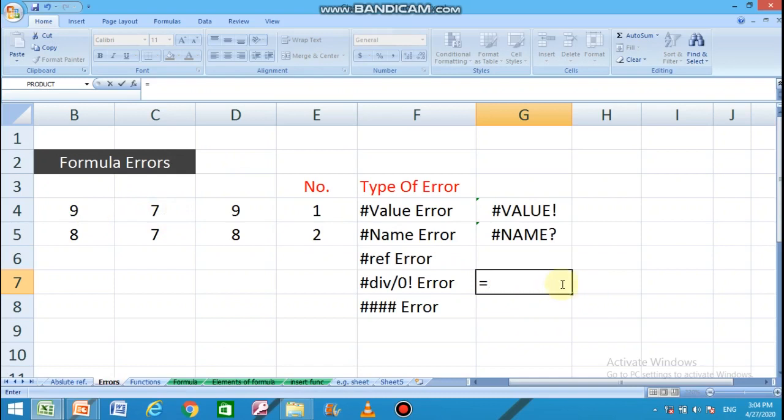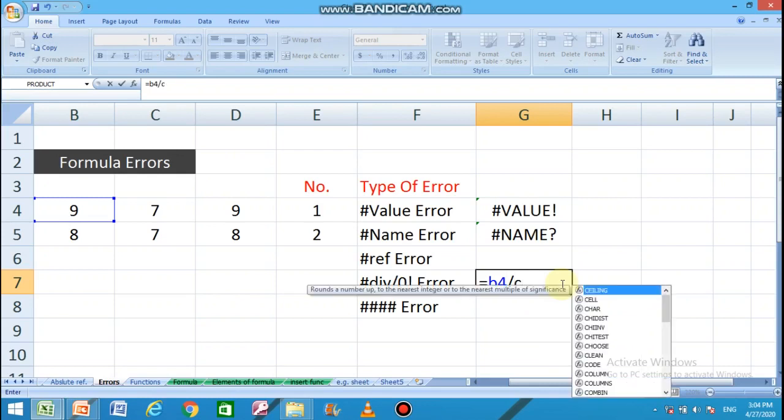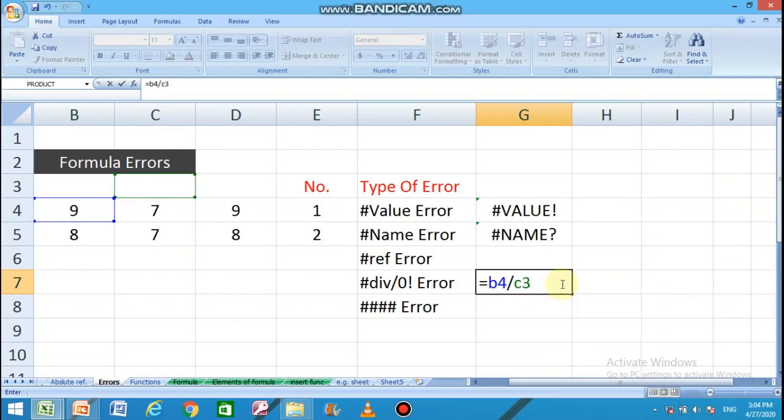So equals to B4 divided by, the formula should be C4, but by mistake I typed C3. C3, you can see there is no value. When there is no value in the cell, it means it is 0. It is empty, it means it is 0. So 9 is going to be divided by 0.